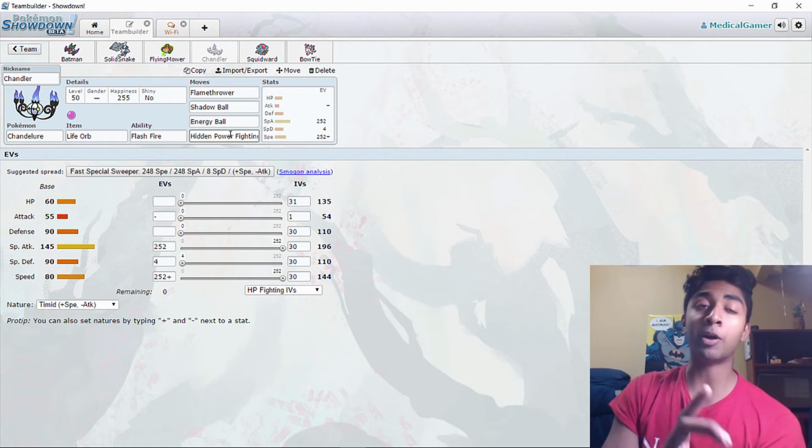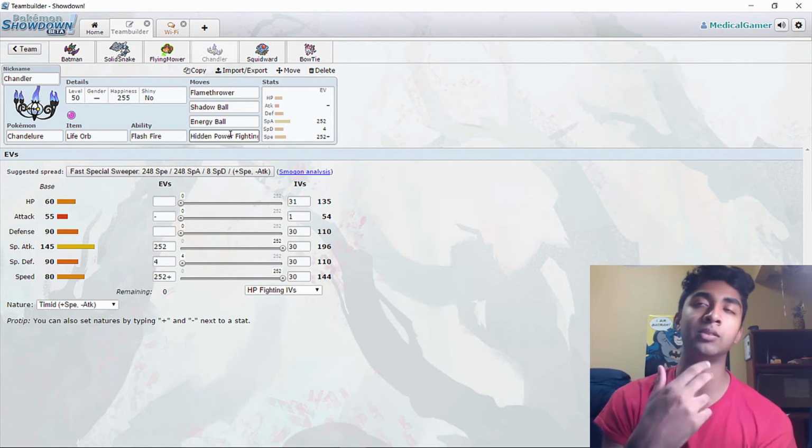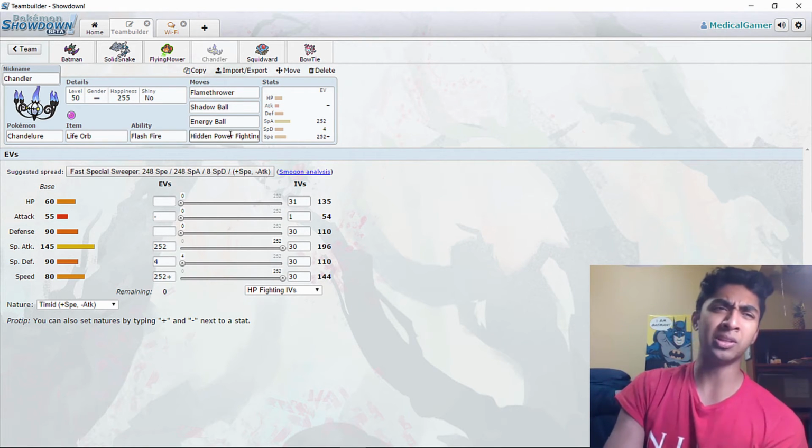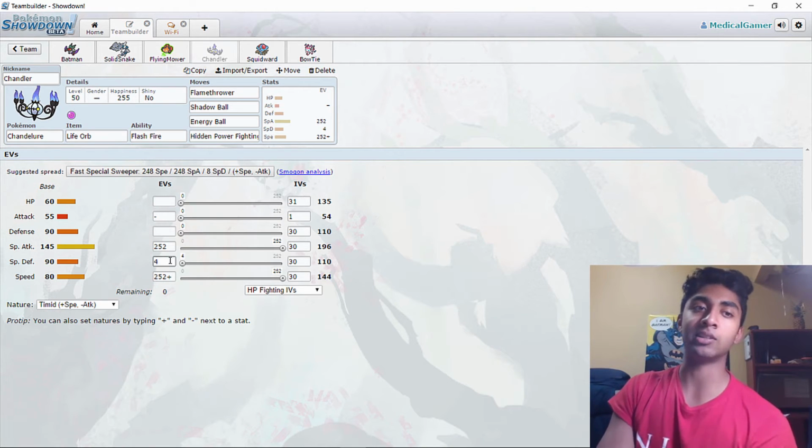So I decided to go for Hidden Power Fighting, just in case they want to switch in a normal type or a dark type. The main reason is the dark type, because I don't think they would want to switch in a normal type on a Chandelure. So Timid Nature, plus speed minus attack, 252 speed, 252 special attack, and I decided to just throw in